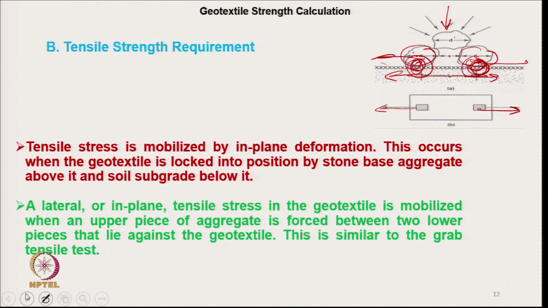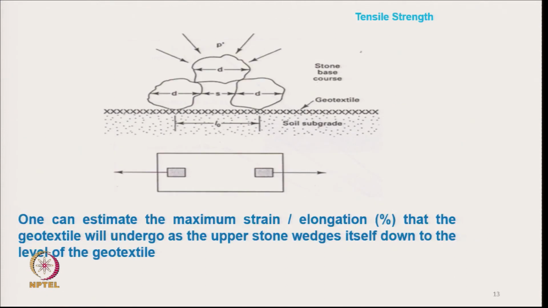A lateral or in-plane tensile strain. So, tensile stress is generated on geotextiles when the upper piece of aggregate is forced between two lower pieces, as I have already mentioned. This is similar to the grab tensile test. One can estimate the maximum strain or maximum elongation that the geotextile will undergo